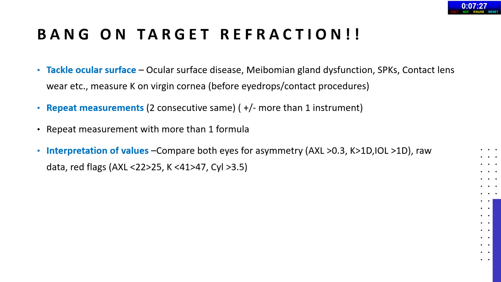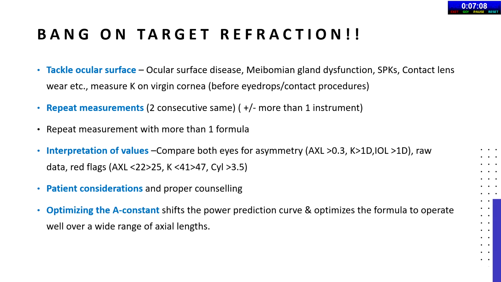Interpret the raw data and compare for any asymmetry between the eyes for the axial length, keratometry, and IOL power, and watch for red flags when there are extremes in the measurements. And always take care of patient considerations and counsel them properly regarding the post-op outcomes. And we should always keep a track of our measurements and the post-operative refractive results in order to optimize the A constant, which will actually shift the power prediction curve and improve the IOL power calculation